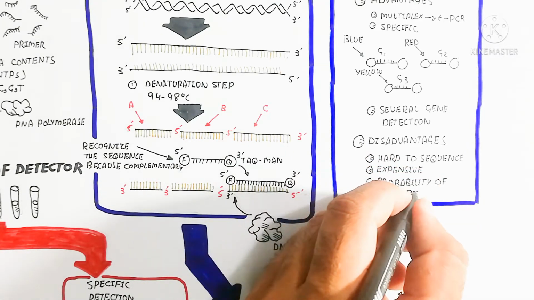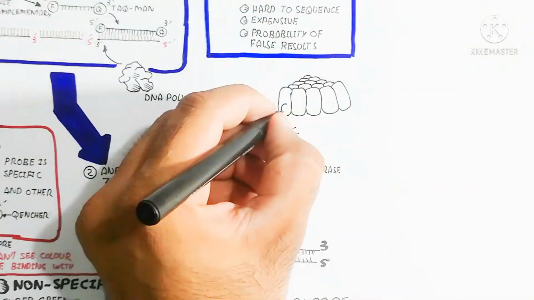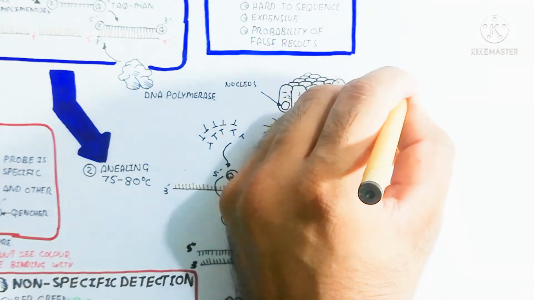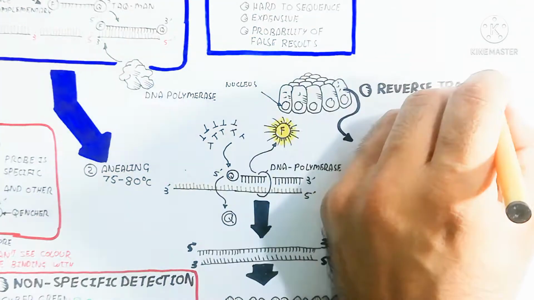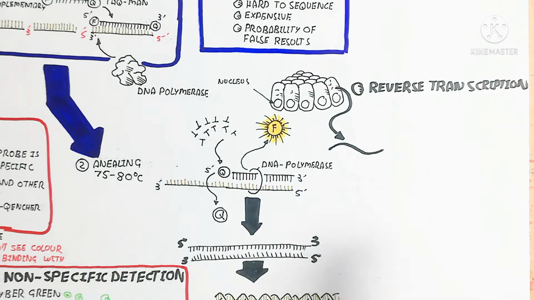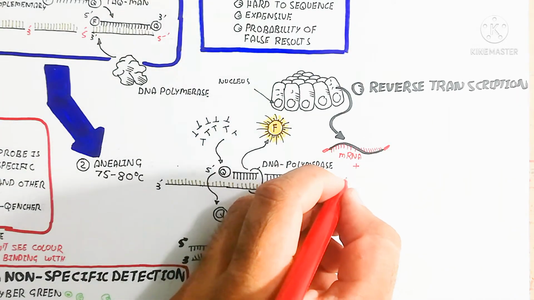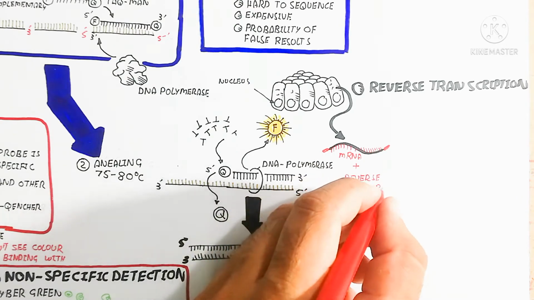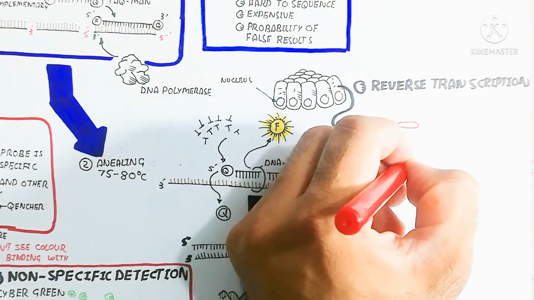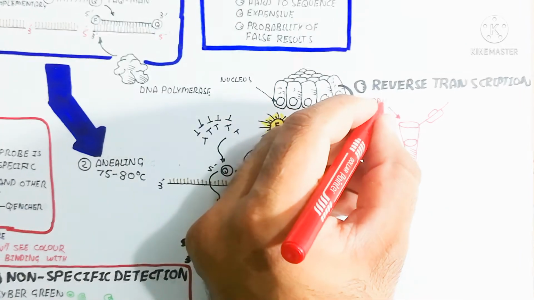So let's begin with the last step, reverse transcription, and why it is very important for real-time PCR and how it detects. Here is the cell we are separating, for example, an insulin-producing cell present in the pancreas, the islets of Langerhans. We separate the messenger RNA from the cytoplasm of the cell. This messenger RNA indicates an active gene, due to transcription for translation of a protein, for example insulin.